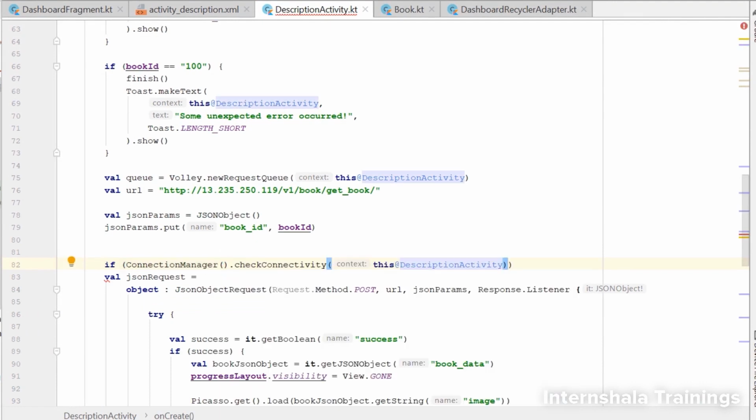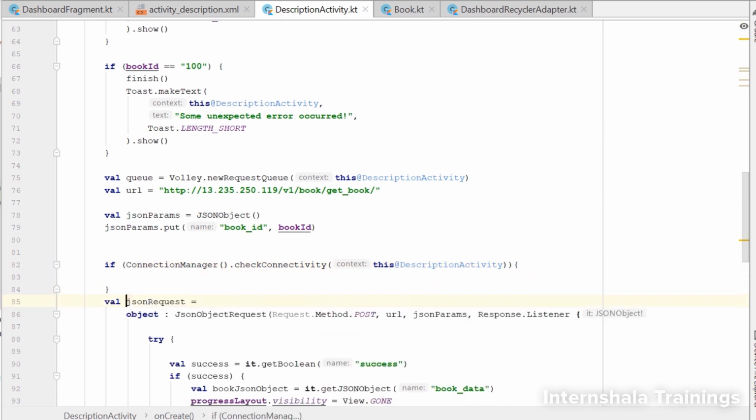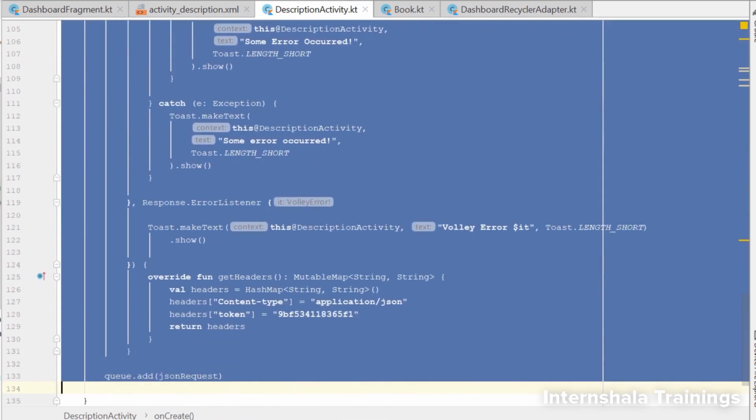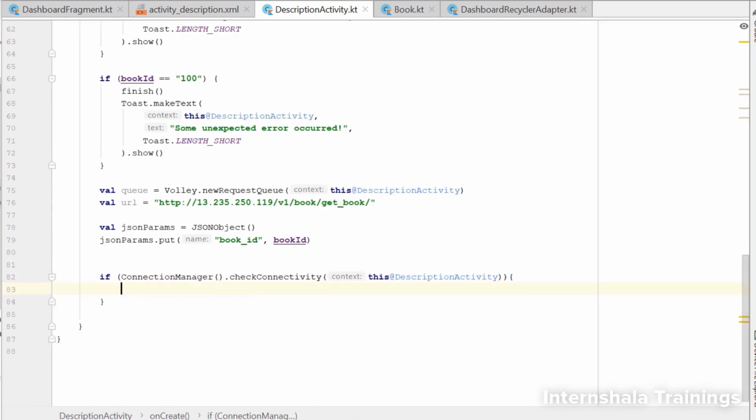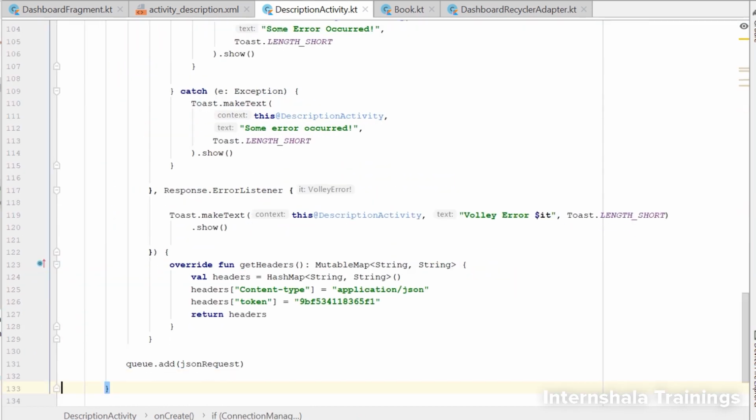So here inside the if condition, we will use the check connectivity method of the connection manager class and pass the context as parameter. Then we will copy this entire code and paste it inside the if block so that it gets executed only if there is internet connection. Now finally, we'll handle the else block of the connection manager.